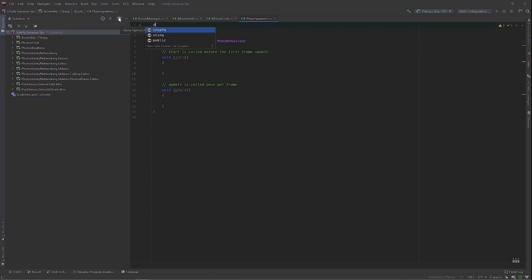Add Photon.Pun at the top. Make a public GameObject for our player prefab. Add some space, and then a Transform for our spawn point.